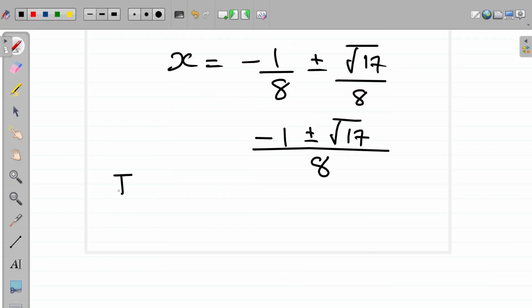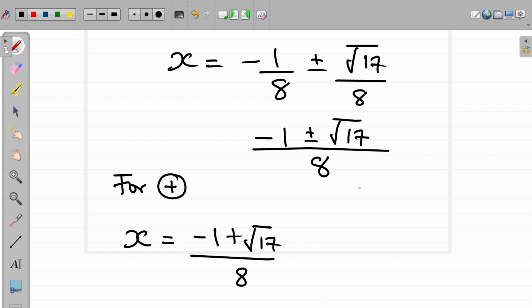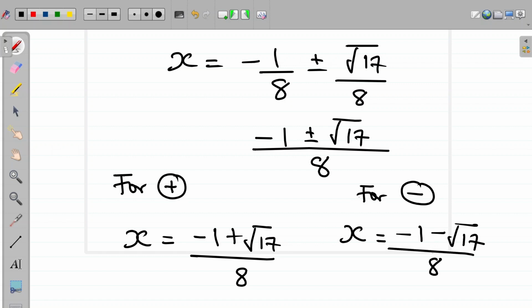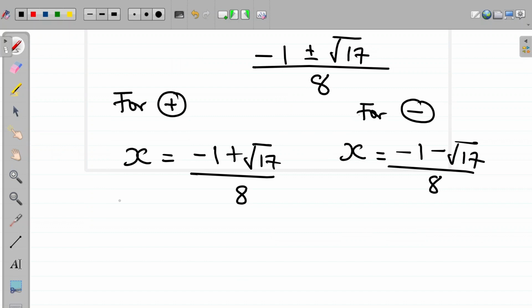So for plus, we have that x is equal to minus 1 plus root of 17 divided by 8. And for minus, we have that x is equal to minus 1 minus root of 17 divided by 8. So therefore, x is equal to 0.39 or x is equal to